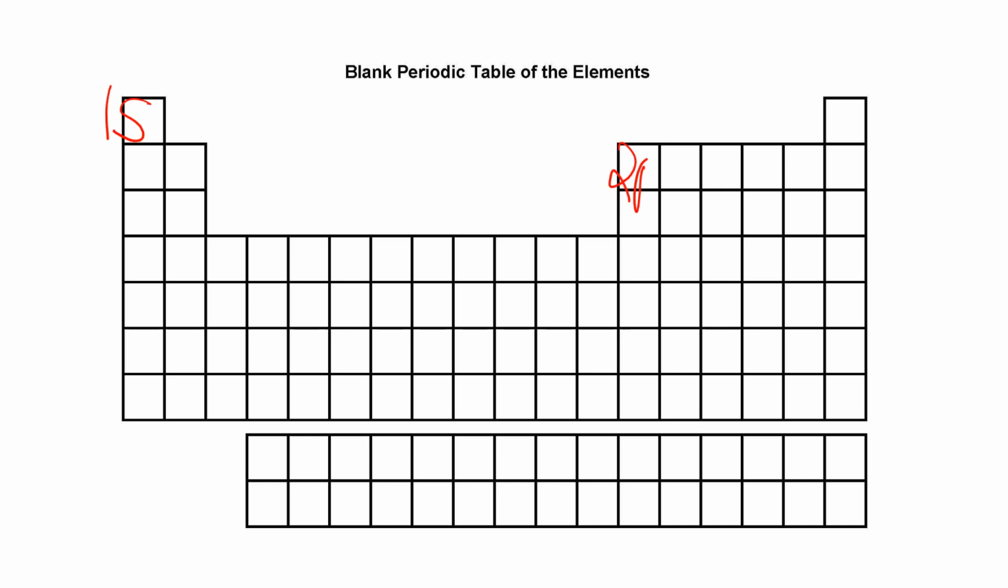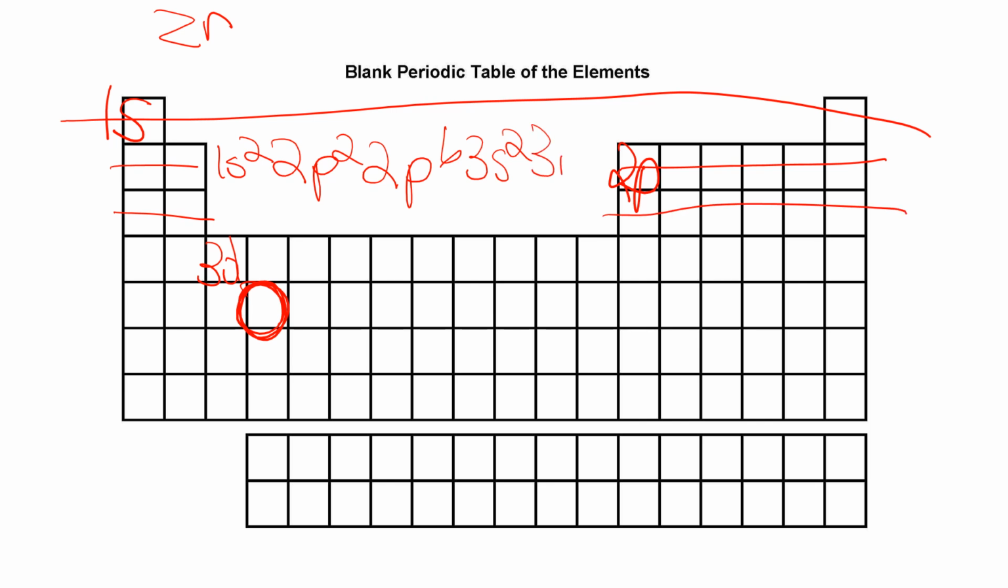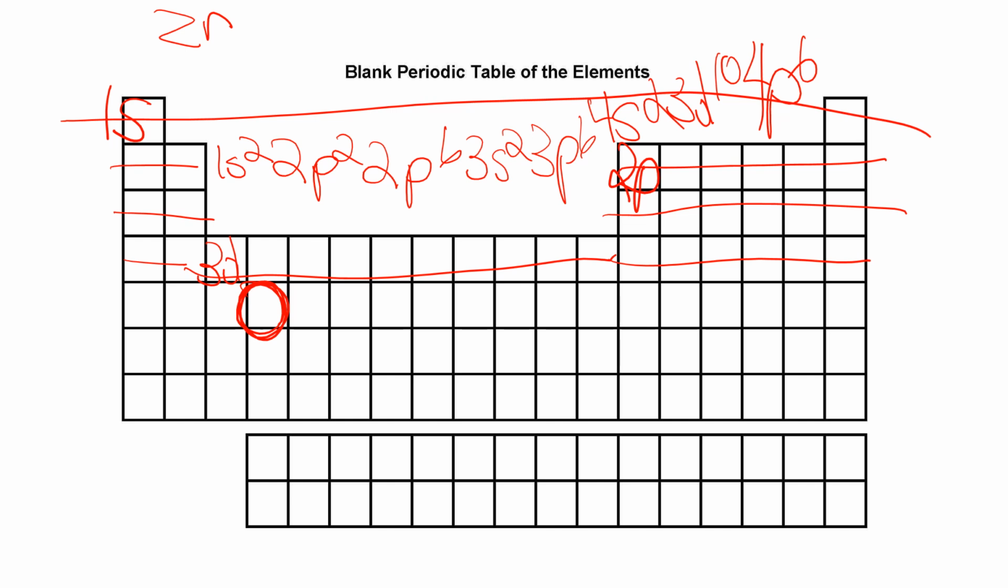1s, 2p, 3d. Now, if I were to pick an element, so right there, that's zirconium. What is the electron configuration of that element? It's going to be 1s2, 2s2, 2p6, 3s2, 3p6, 4s2, 3d10, 4p6, 5s2,